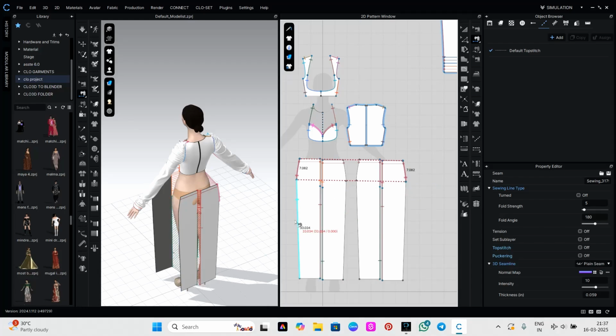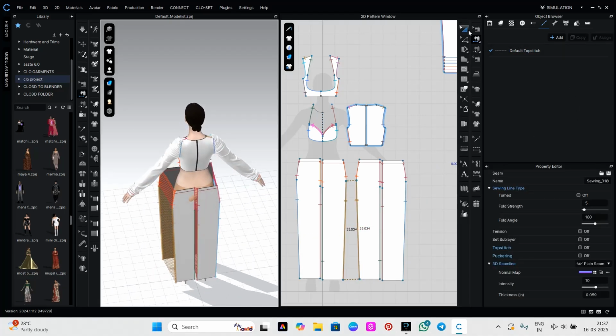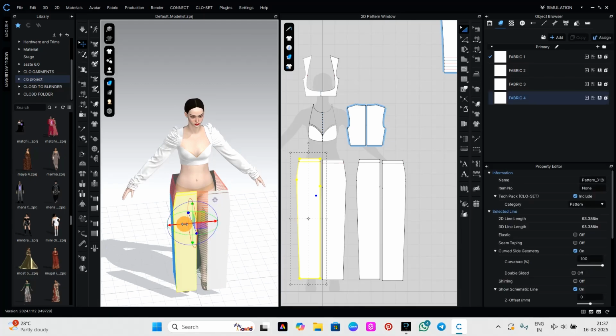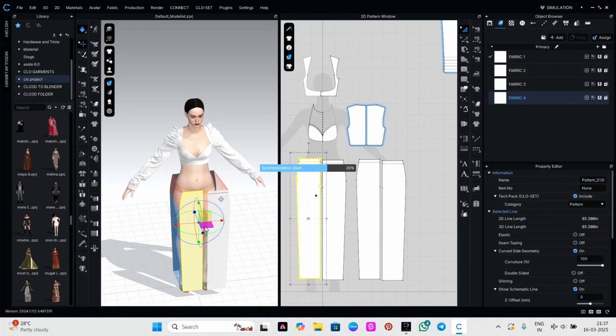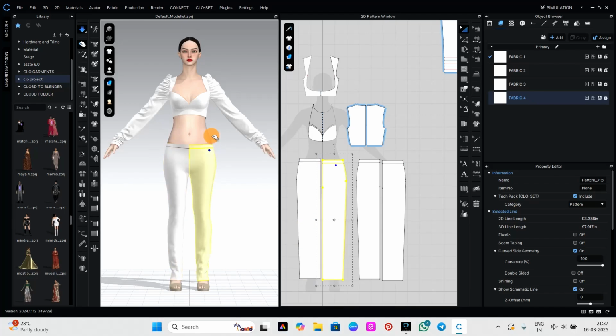And join hip to hip, here to here, and then inside. This to this and this to this. Our stitching is complete. After stitching, we are going to cut the belt from the pant. Okay. Yes. Pull up. We don't need this much low pant, so